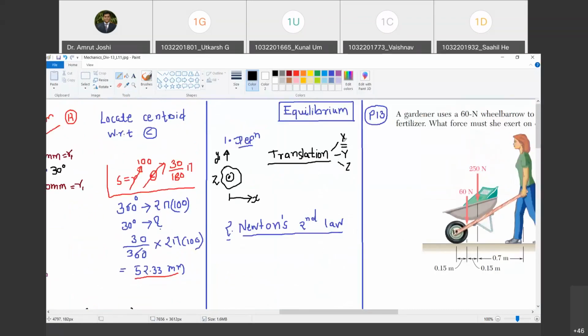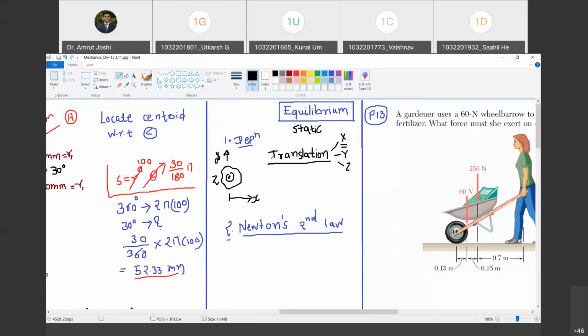So we have understood what is a translational equilibrium. So if body is at rest, then we say it is static translational equilibrium. Are you with me? Yes. So equilibrium में भी types है. कौन से? एक है static. Are you with me? When the body is at rest along x, y, z directions, I say static translational equilibrium has been achieved.